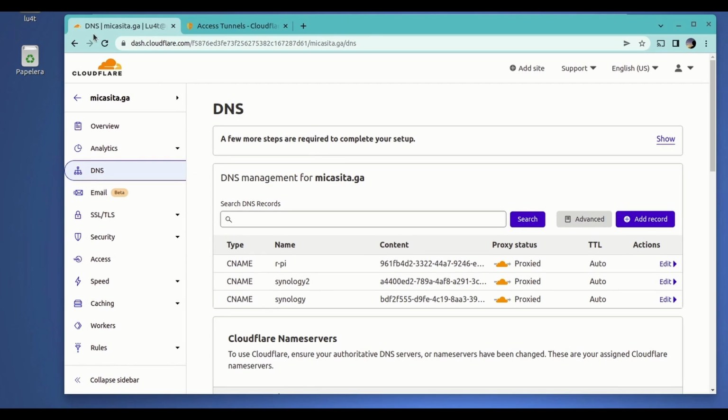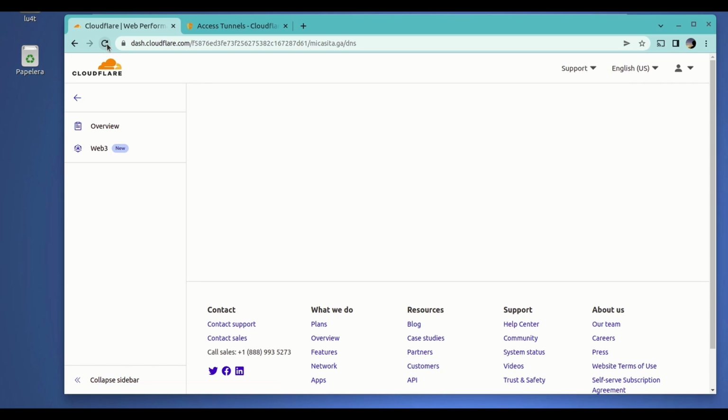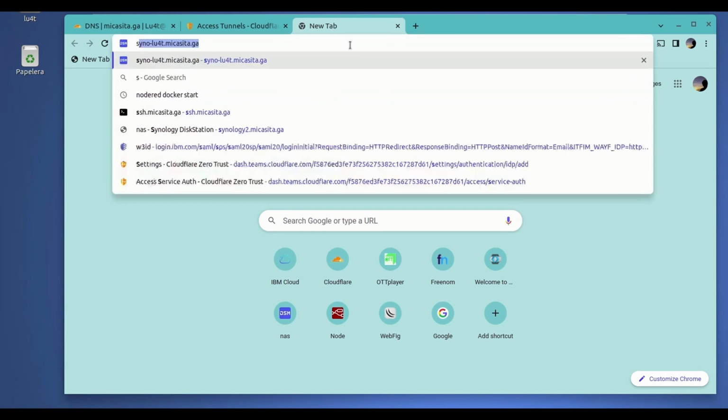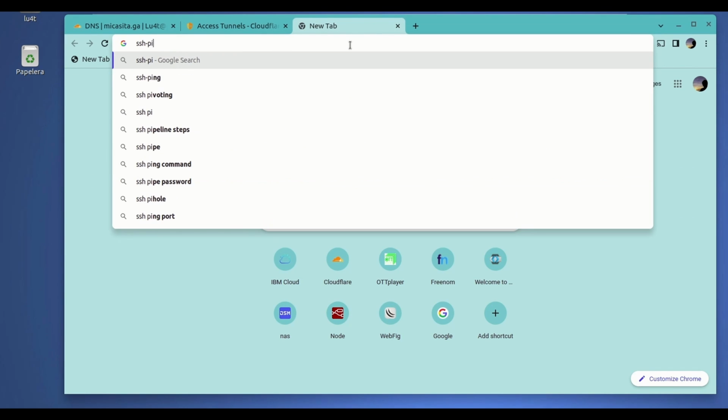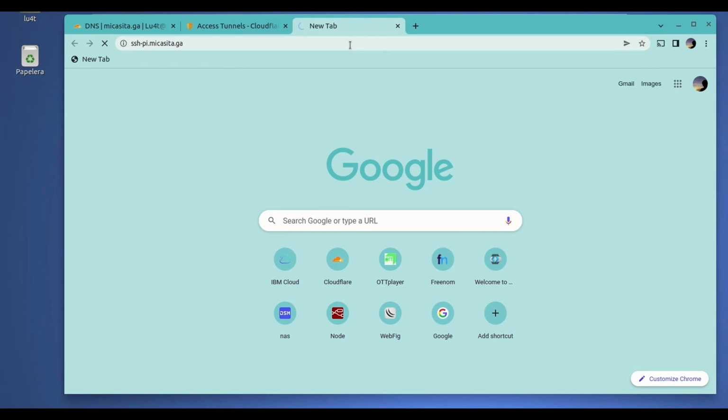So next thing, well, let's make sure that the host name has been created automatically. We hit refresh and you see here, this is the host name that we are going to be using to access the SSH service on MyPy. Now, if I try to access, you will see that it is not going to be working. So if we repeat exactly the same process as before, you will see that this is not loading, even though we're using the right